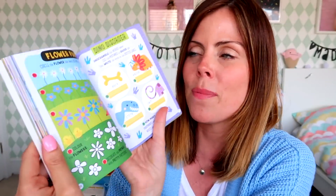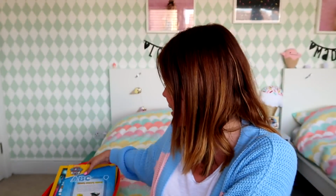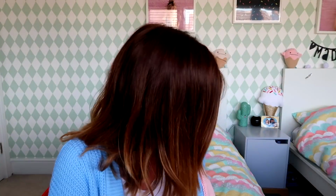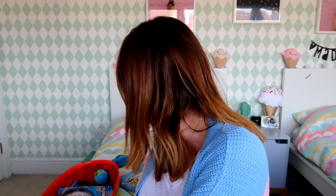We've actually had these before, but because they'd had them a while ago and they'd forgotten about them, I bought them for them again. But they're just really good, and they keep them entertained for hours. So we will always pack activity books, and then we will always pack